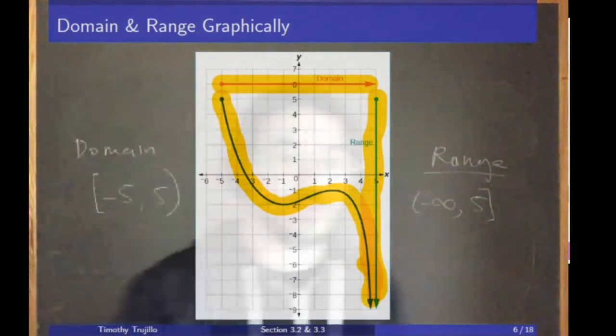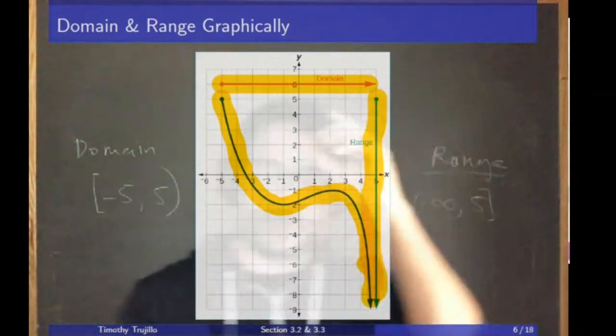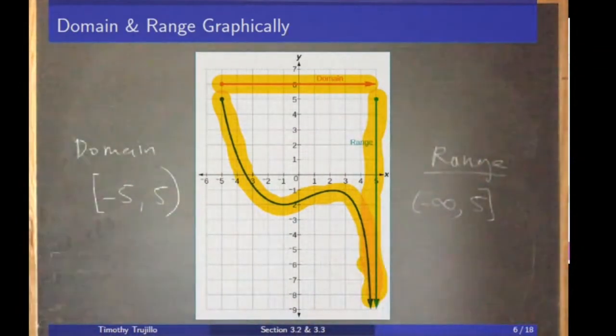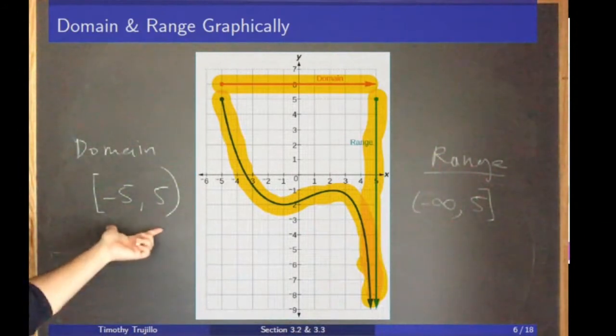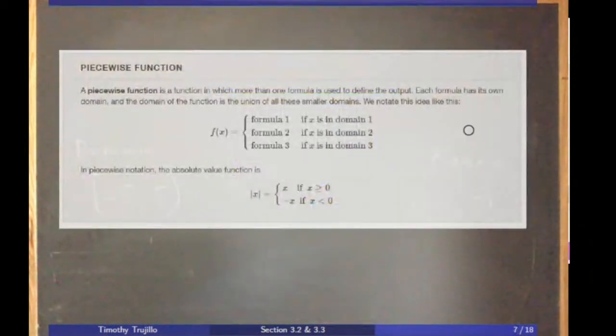So the domain are the x values in the graph. The range is the y values in the graph. Okay? And be careful about closed and open circles, because they tell you if you include or exclude a given endpoint. Okay, so that's domain and range graphically, and we'll talk about a couple more examples of this at the end of class. But what we now want to do is skip to the next